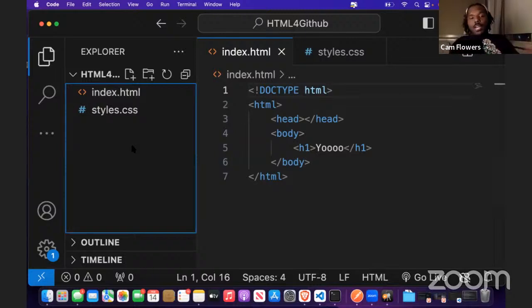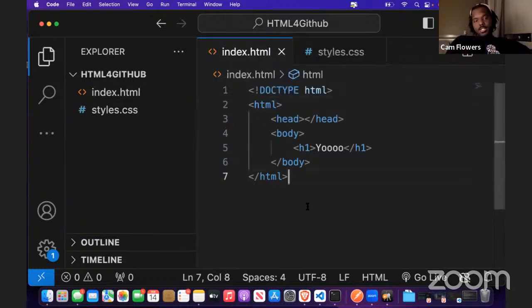And I might say, okay, cool. These are all the files I'm going to work on to make this project the most amazing website or the most amazing project ever, right? I might continue to work on this HTML document, continue to work on this CSS. But this is a great point to say, okay, let me start the process of tracking all of the work that I'm going to do in case something happens, right? What happens if I make a change that I don't like? Or what happens if I'm like, hey,